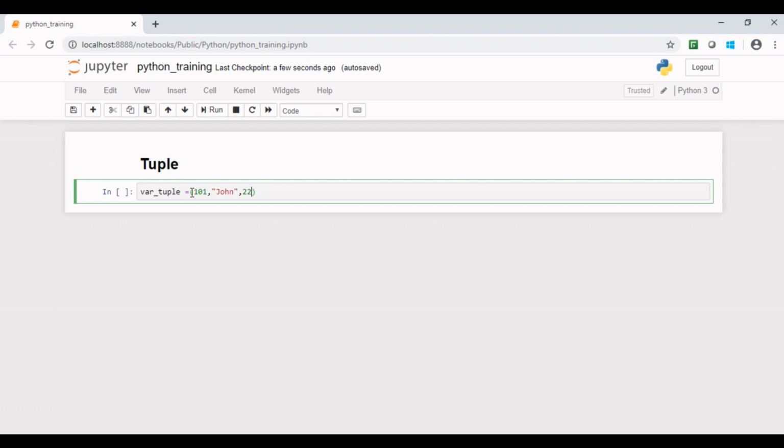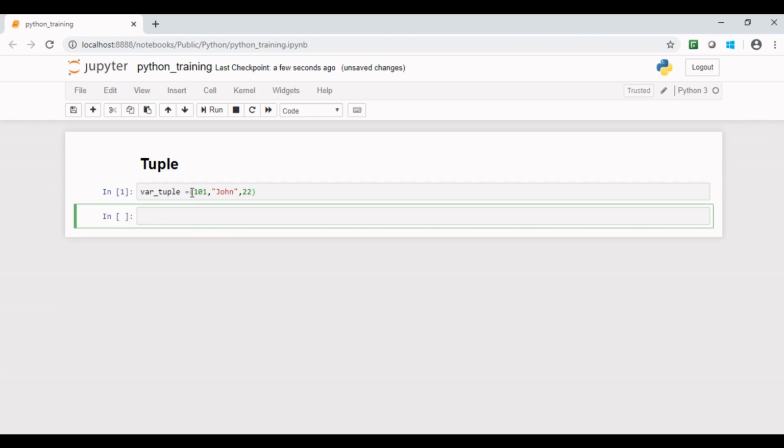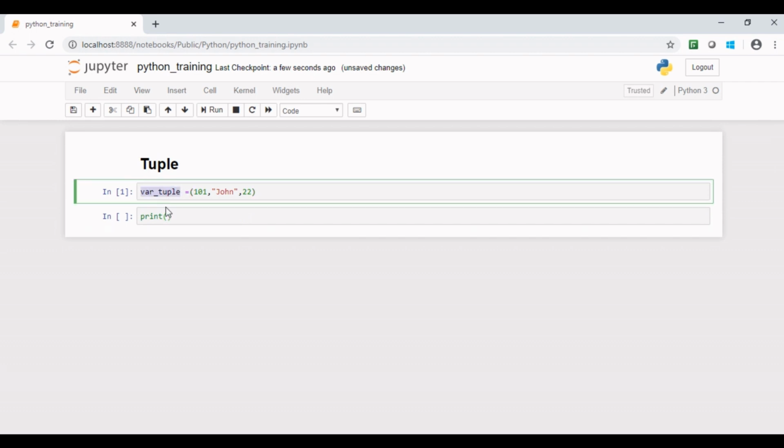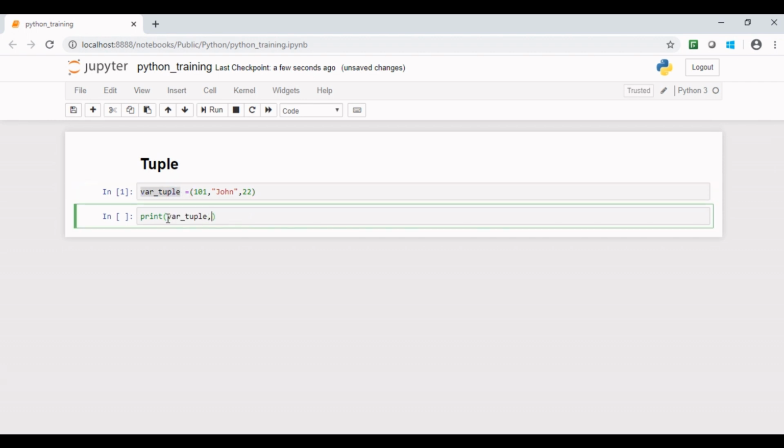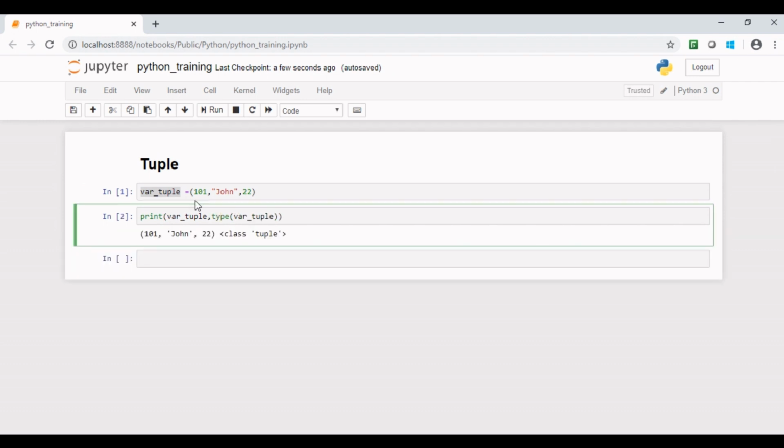If you check the value held by this variable and its data type, you can see if we put some elements inside a small bracket separated by a comma, these become part of a tuple. You should keep in mind that even if you are having only one element in a tuple, it must contain a comma. Let's see what happens if we do not put a comma.